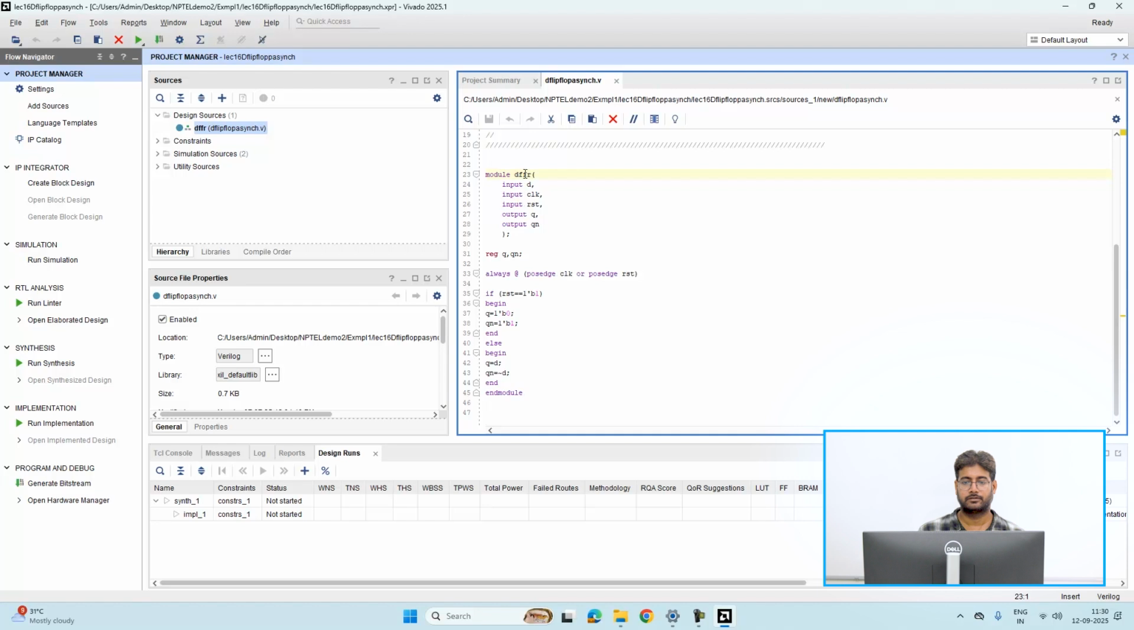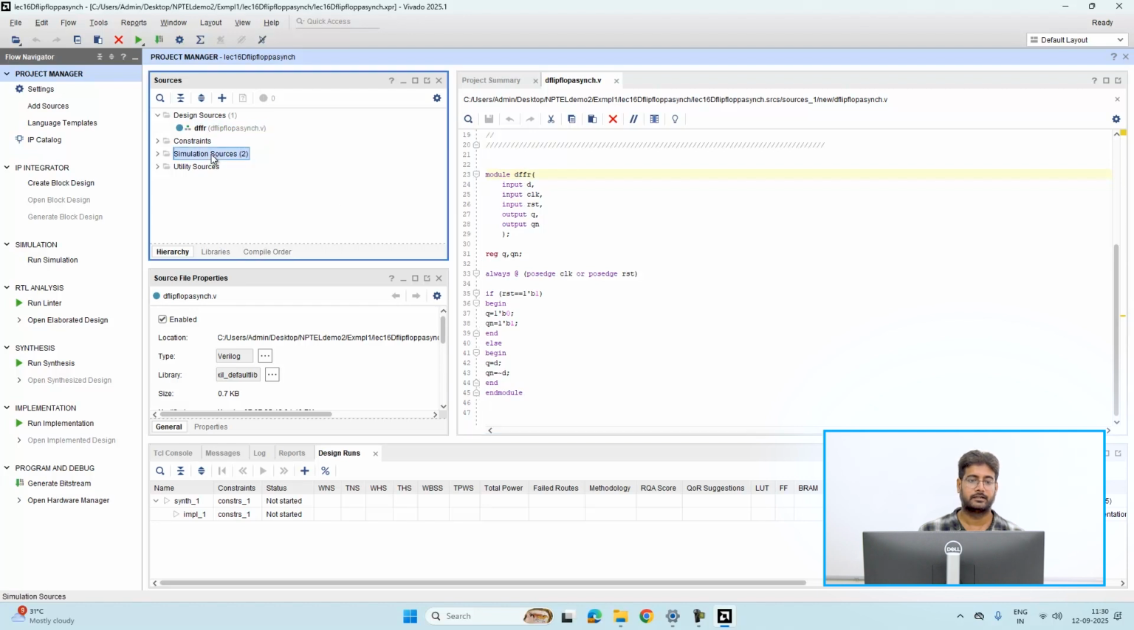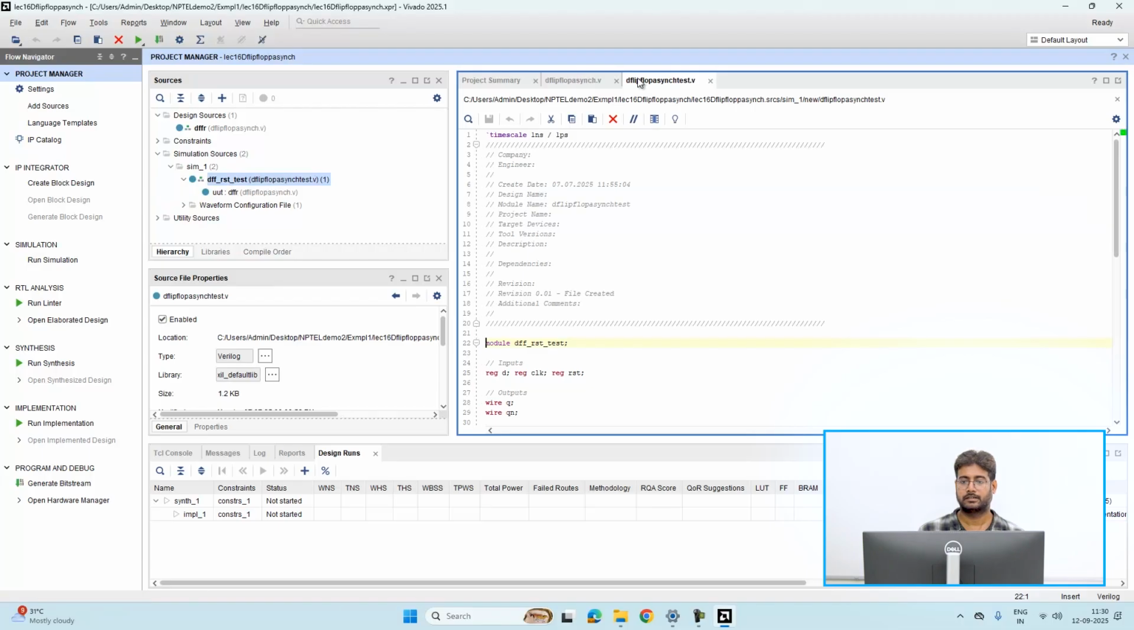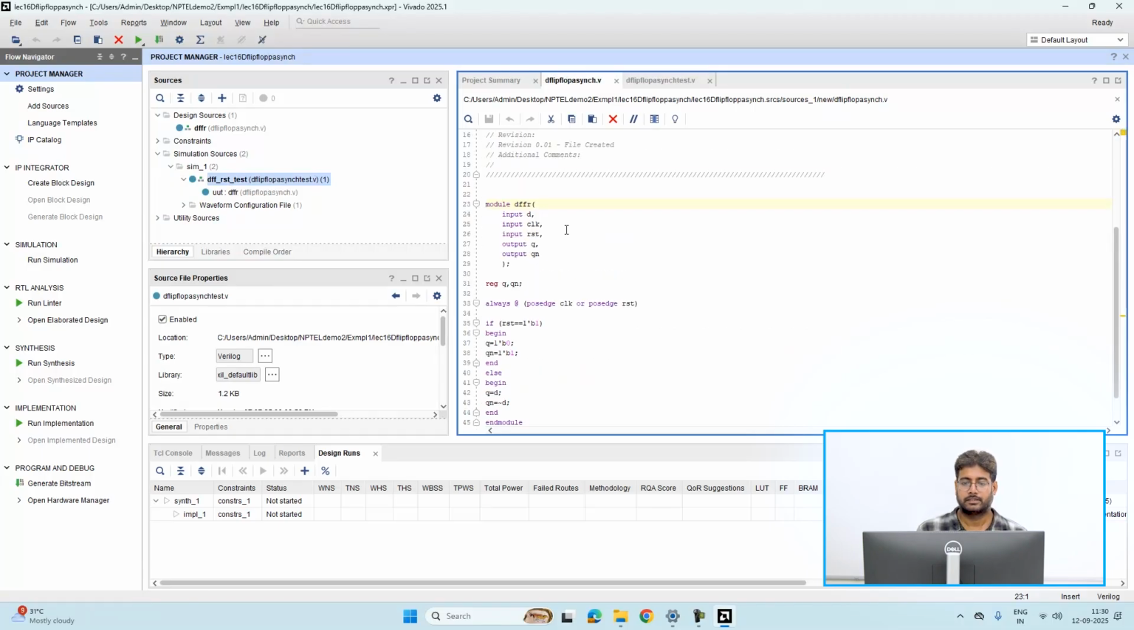This is the source code for the asynchronous D flip-flop, and this is the test bench and source code. In the asynchronous D flip-flop, we have input D, that is data, input clock, and reset. Outputs are Q and Qn. Q and Qn would be defined as reg. Then in an always block, we would have both the positive edge of clock and the positive edge of reset. Because it is asynchronous, we will have the positive edge of reset also in the sensitivity